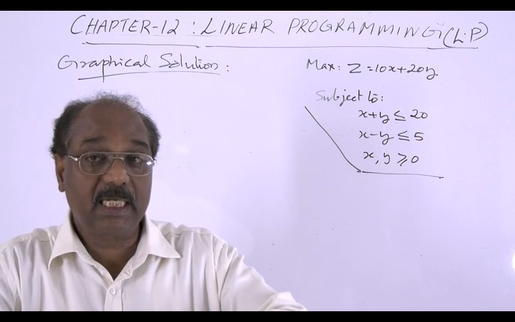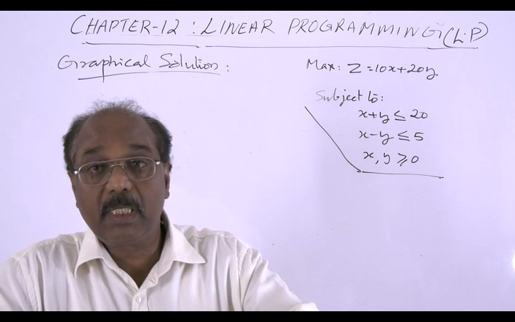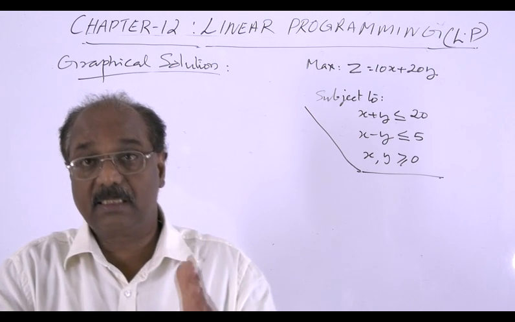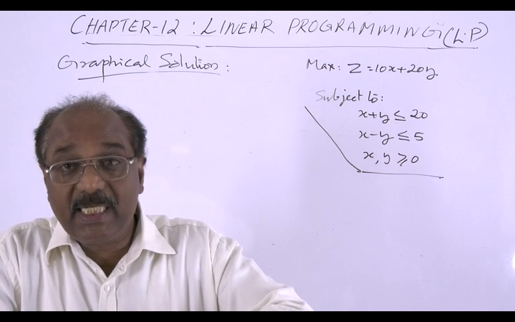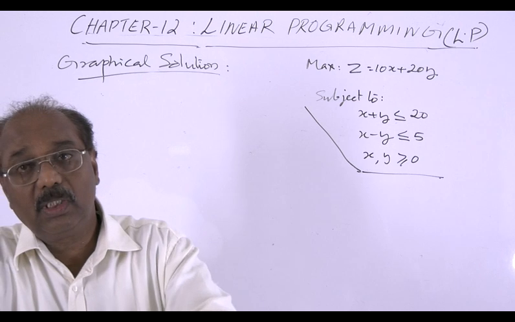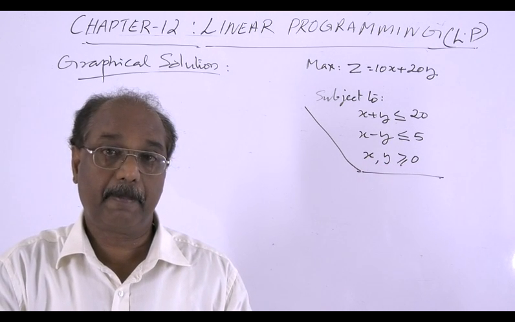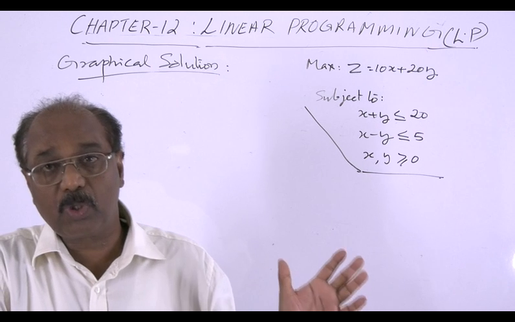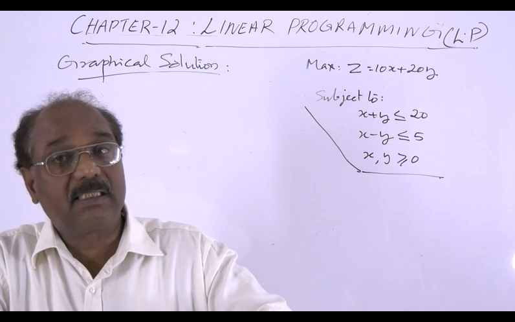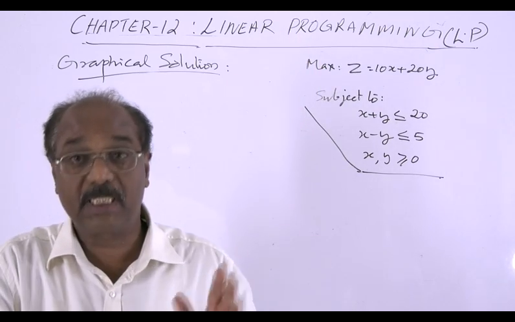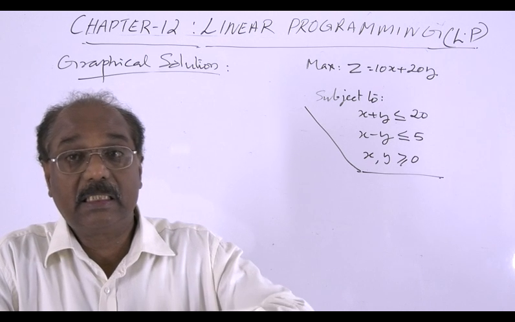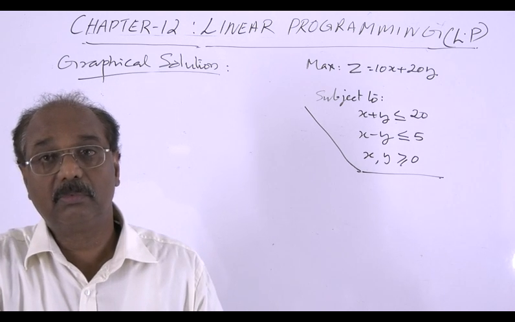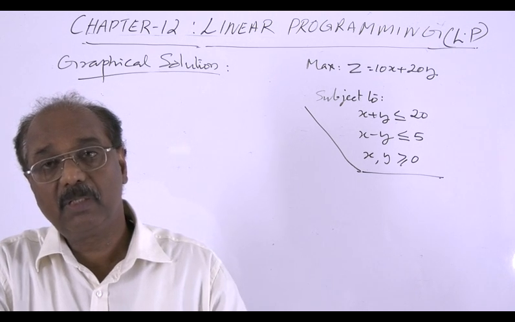The feasible region is the region which is common to all the constraints. That is, the points in the region will satisfy all the given constraints. Therefore, all the points will be solutions for the LPP, so there are a number of solutions, and there will be certain points in the region which will give us the optimum value, that is, the maximum value as well as the minimum value.